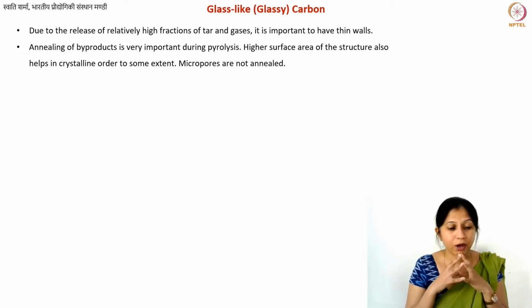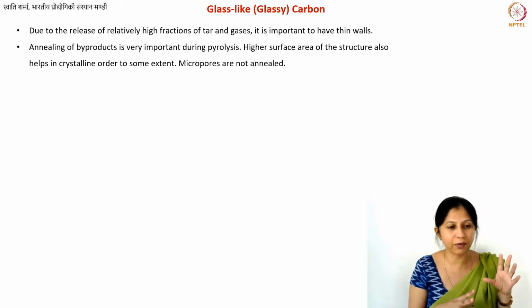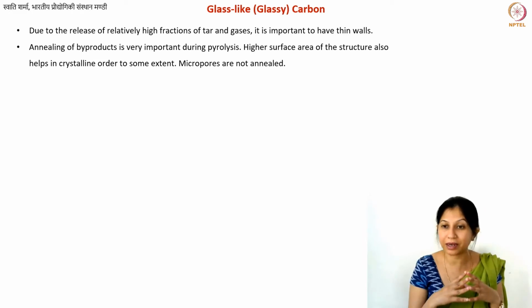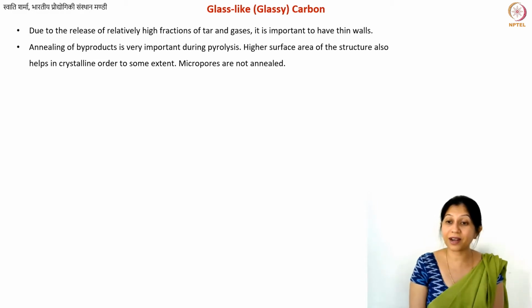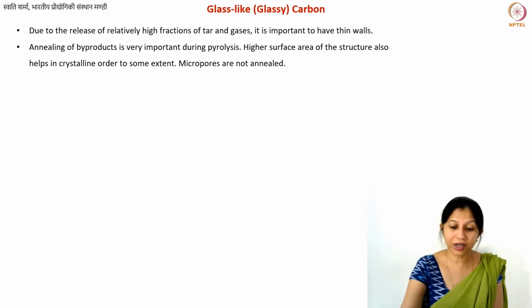Okay, but one of the biggest challenges of working with glass-like carbon is this. Unlike graphite, where you were using something like needle coke, which was already a material with a very high carbon content and relatively lower organic materials mixed into it, in the case of glass-like carbon you are predominantly using a polymer. You're using a resin. What does that mean?